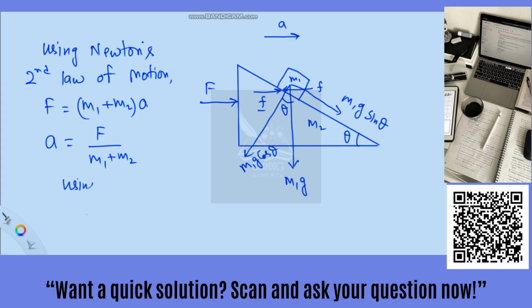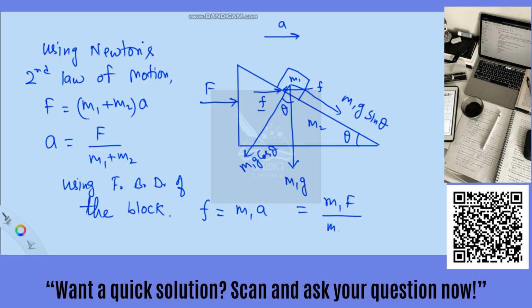using the free body diagram of the block only, it is experiencing force F towards right, and that force should be equal to M1 into A using Newton's second law of motion. Means this is M1 multiplied by F divided by M1 plus M2, and the same force is acting on it